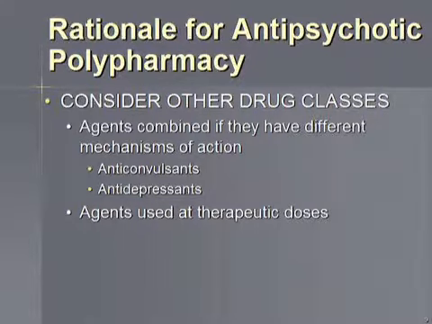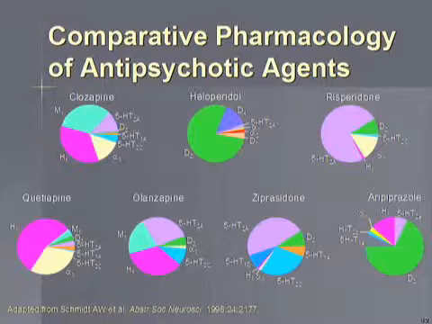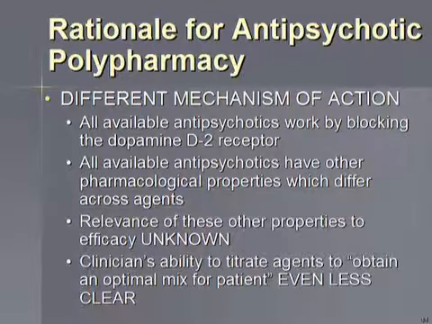Well, what about antipsychotics? As far as antipsychotics are concerned, all that we know in terms of pathophysiology is all of them have a little bit of that green, if you will. All of them block the dopamine 2 receptor. There is not a single antipsychotic that we have currently, none of the 62 antipsychotics available in the world, that do not block the D2 receptor. How potently, how weakly they block it, that varies. But essentially, all of them block the dopamine 2 receptor.